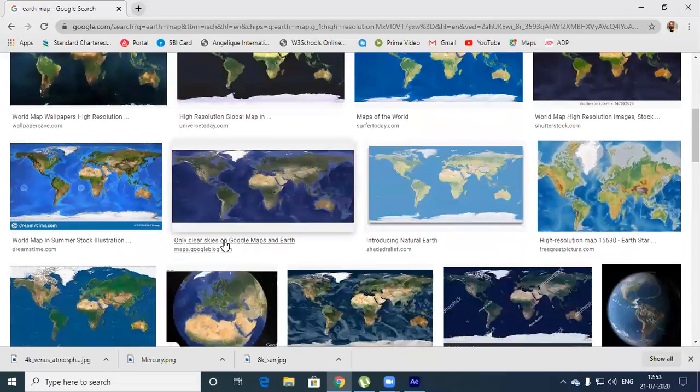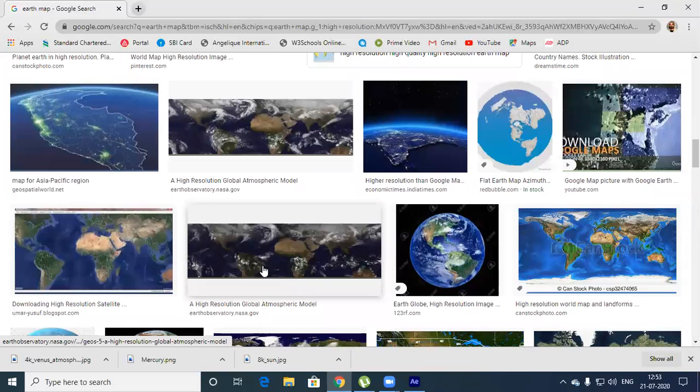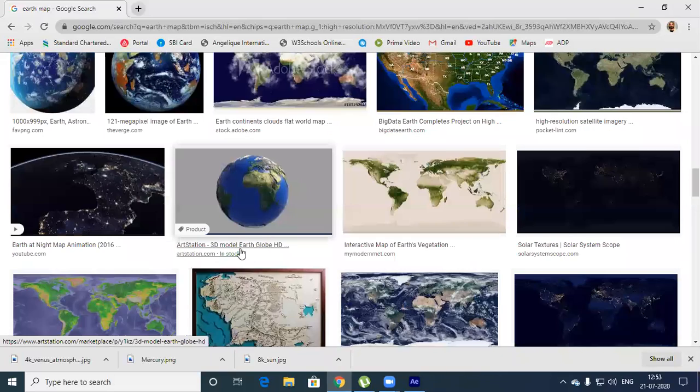Select something which has more details, so that when you have a good resolution image, the output will look really good.